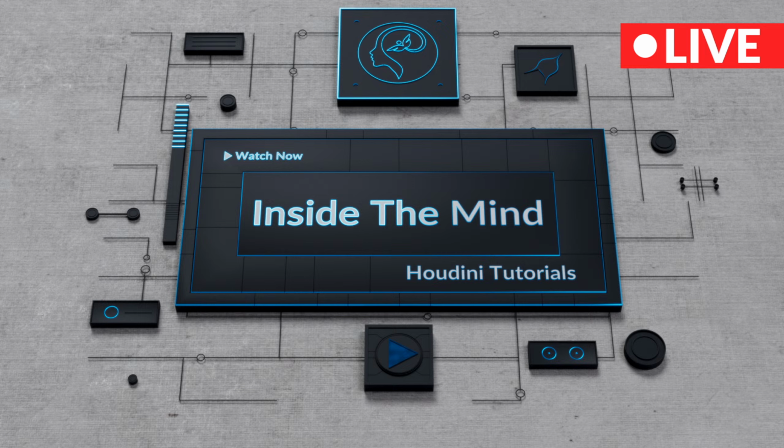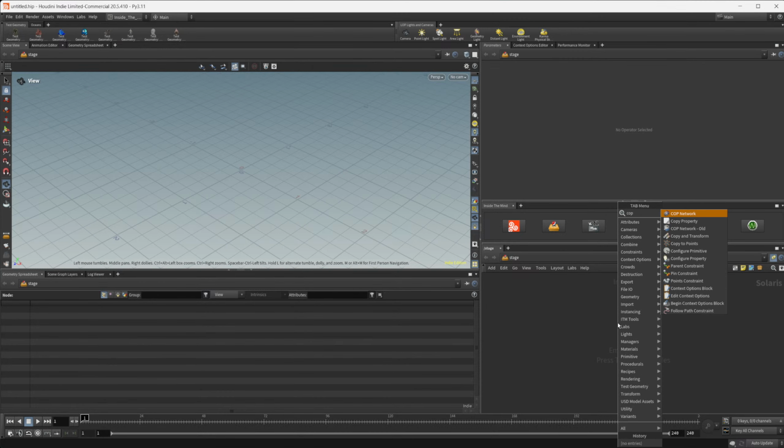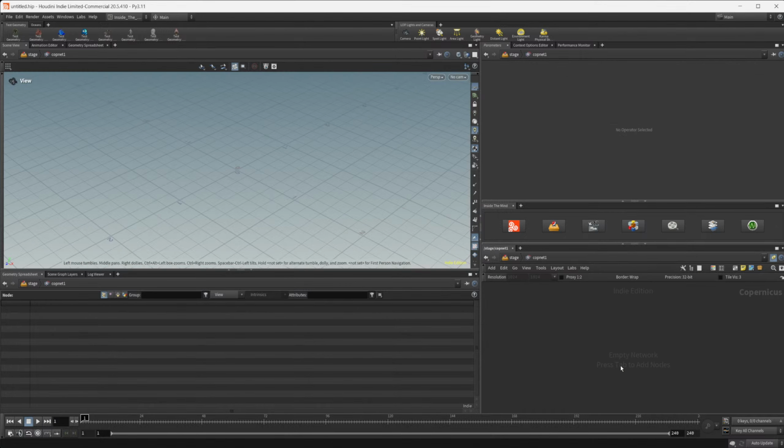All right, I guess we will go ahead and take a look here. Start to look at some of the new nodes. So it is in cops. We'll start off in the stage here, and we can jump inside. So right away we can right click and we have this new menu, which is HouMats, which, by the way,